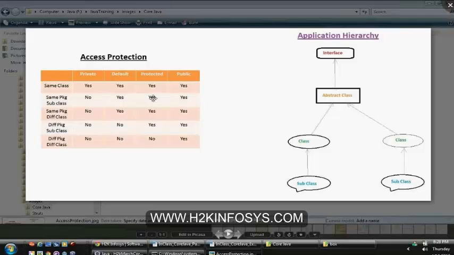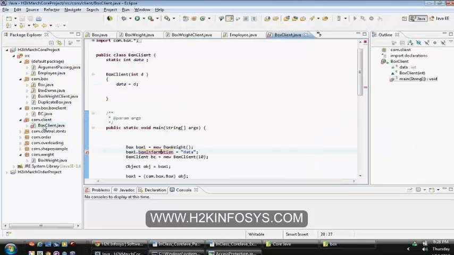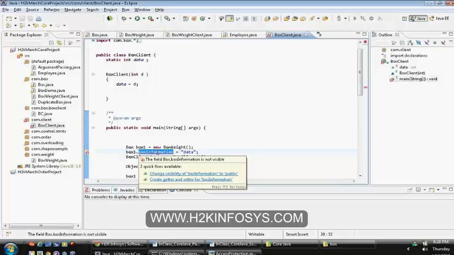Just now we have seen that. The only place where you cannot access a protected member is a different class in a different package. That's where your box client came into the picture, and you are not able to access the protected member, which is box information.